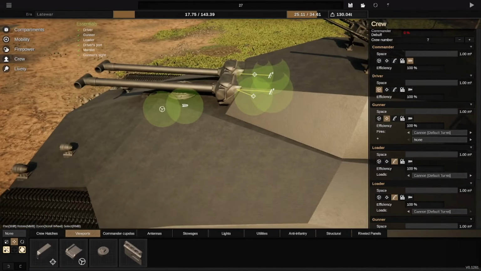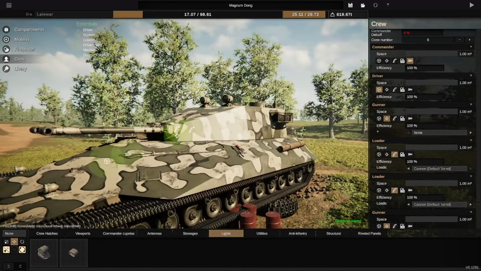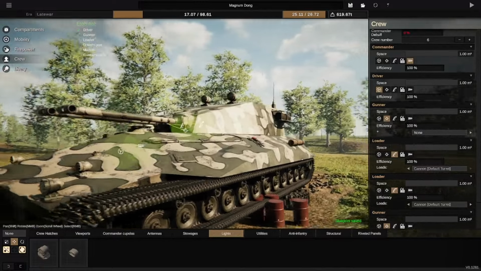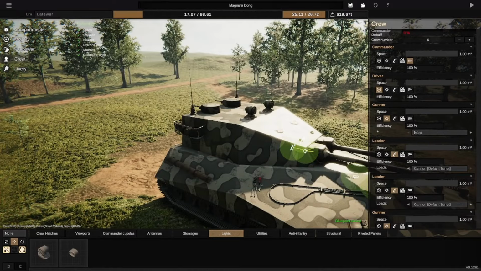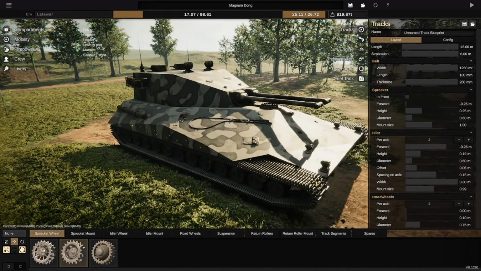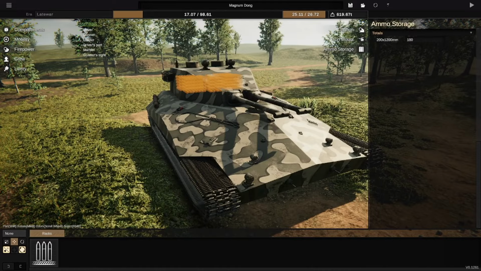Alright, so I'm going to play with this a little bit. I'll be right back. Alright, ladies and gentlemen, here we are, the finished product. The Magnum Dong. This is a beast. Right now it is sporting, I believe, 200mm armor. Can't remember what I put on this, actually. Should be 200mm armor. Its main gun...